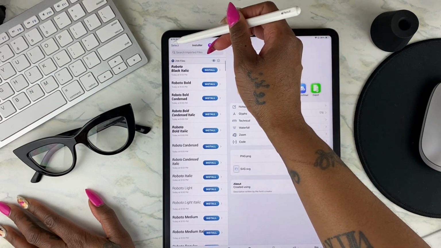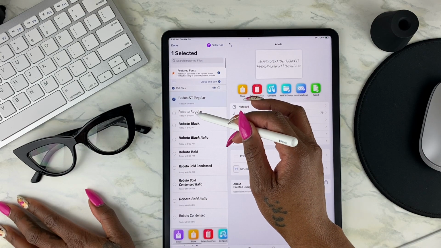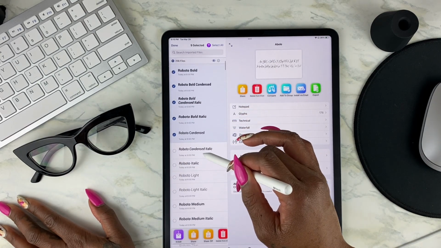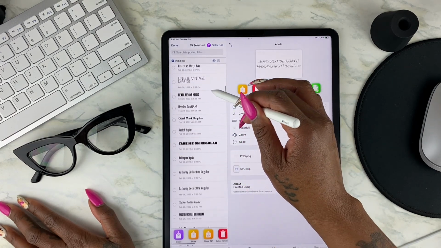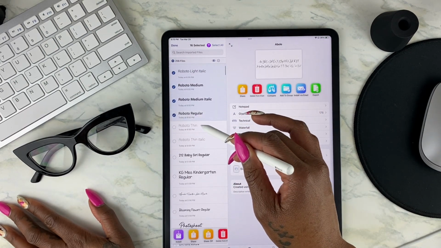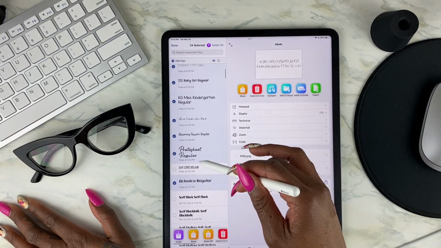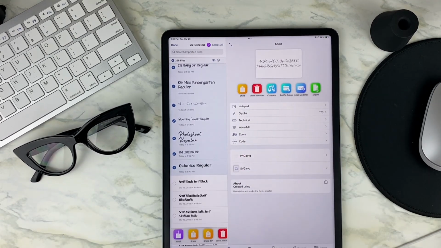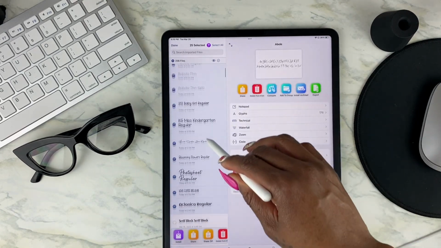So what you want to do is hit select, and then you want to start selecting what you want to upload. So I'm just going to go through, and the only reason I'm not doing select all is because I have other fonts on here that are already uploaded, and I don't want to re-upload those fonts. And it will give you a message to let you know that you duplicated, but I don't want to go through all that. So now that I have all 25 of the new fonts on here,